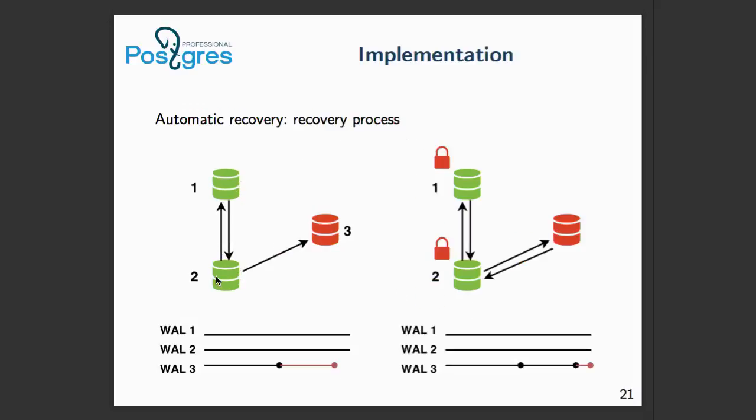So when that network failure is over and the network starts working as usual, the third node connects to a random node. Here it's node 2, and starts replication from node 2